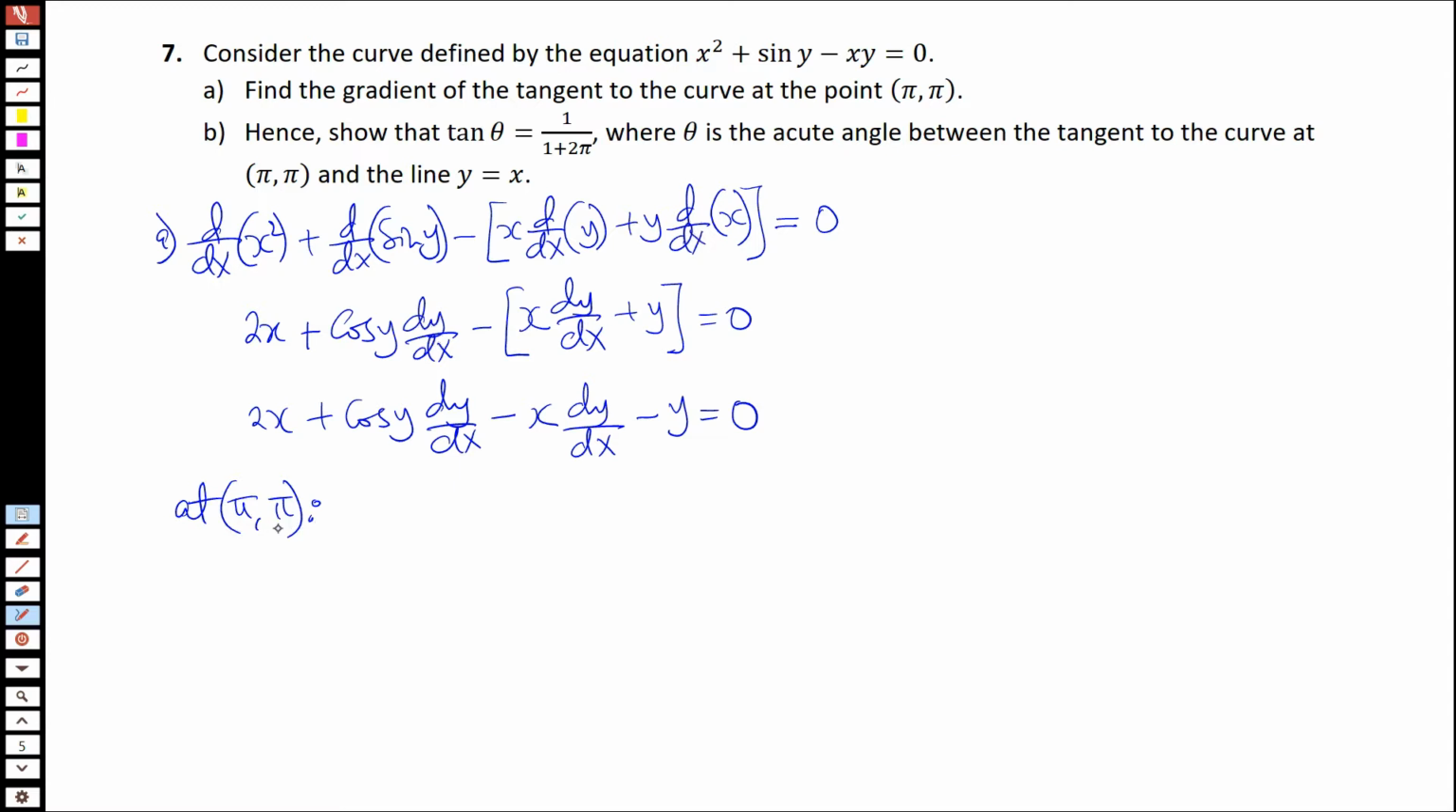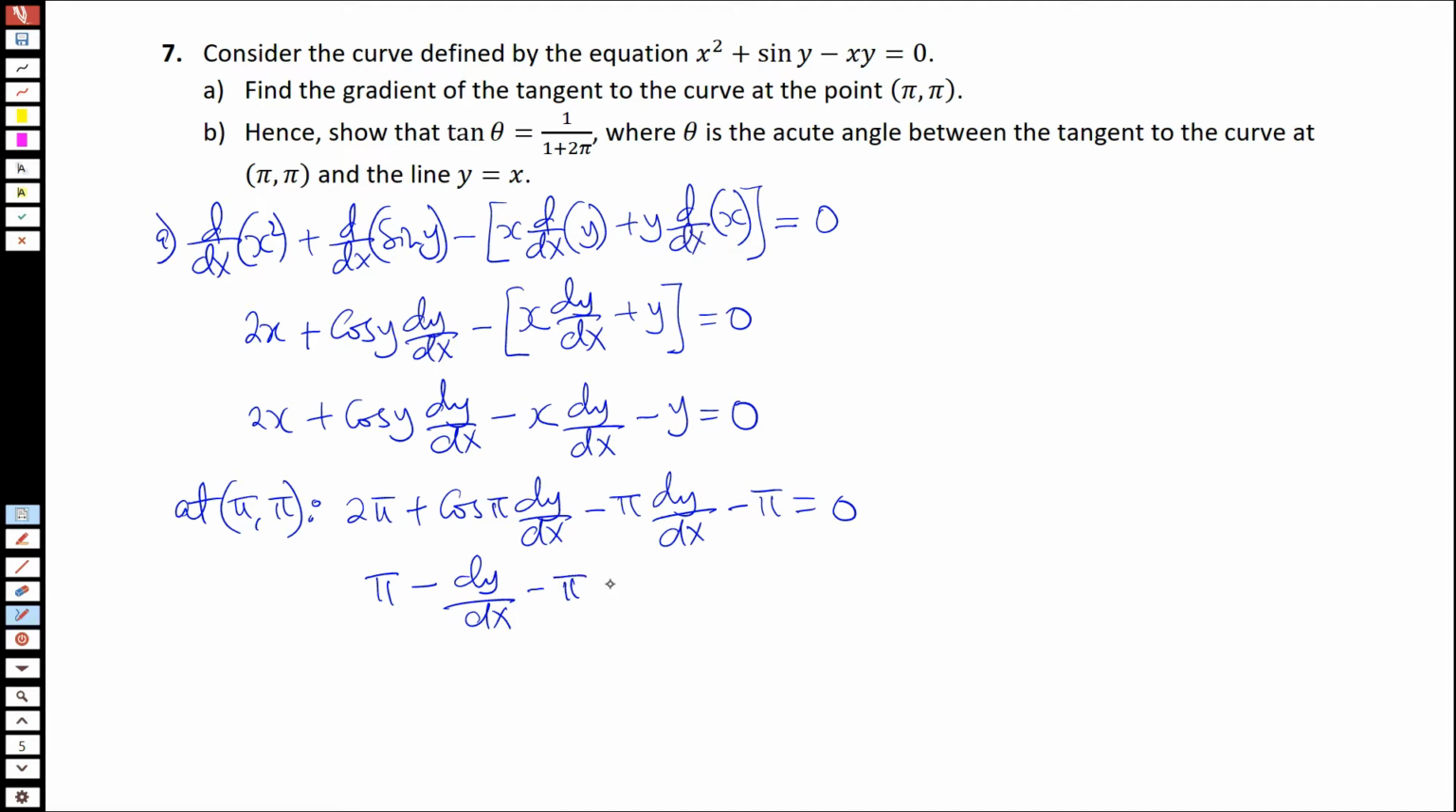we can plug these x and y values into this equation. So we'll end up with 2π plus cos π dy over dx minus π dy over dx minus π equals 0. Cos π, which is the same as cos 180, is negative 1. So the resulting equation here will be 2π minus dy over dx, because that's negative 1. And by the way, 2π minus π is just π, so we can write this as π